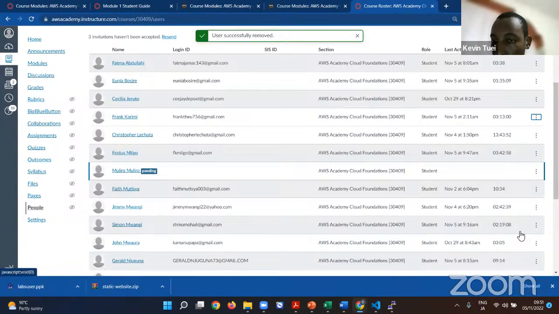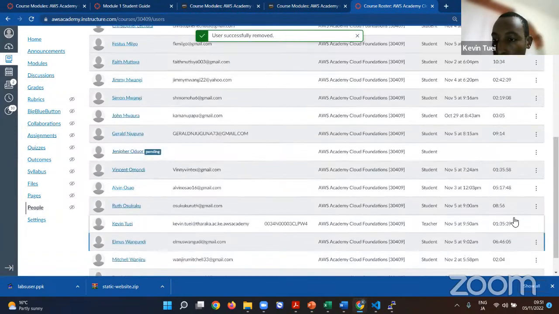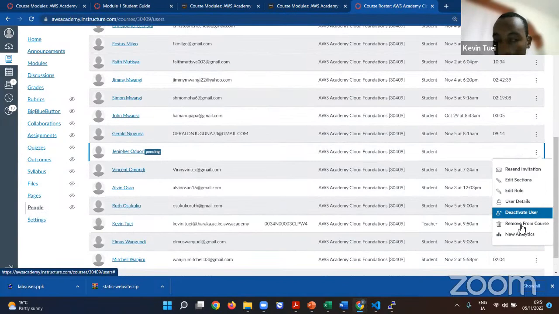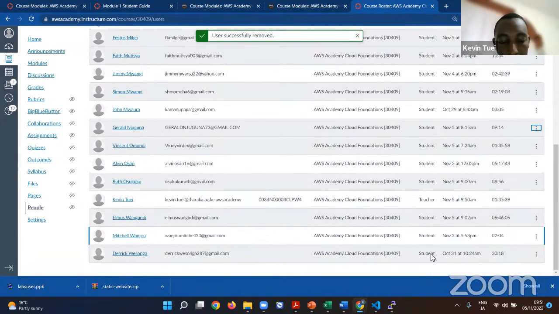Also remove. And when I remove, I don't come back. We meet in another life or in another cohort. Remove. Okay. I think some of you just joined, so I have no problem, but make sure you